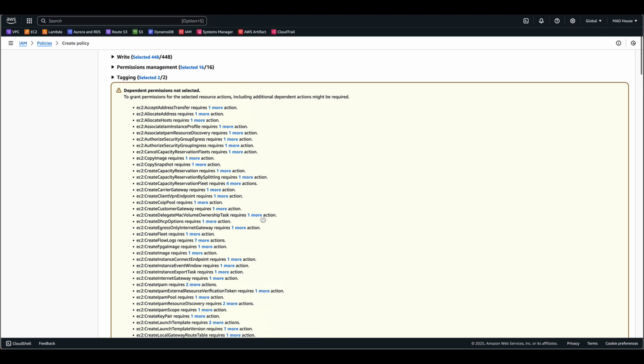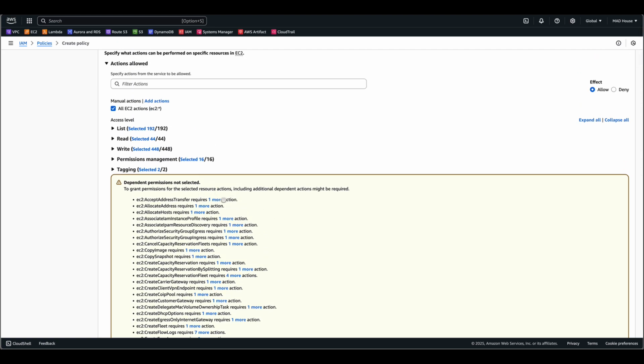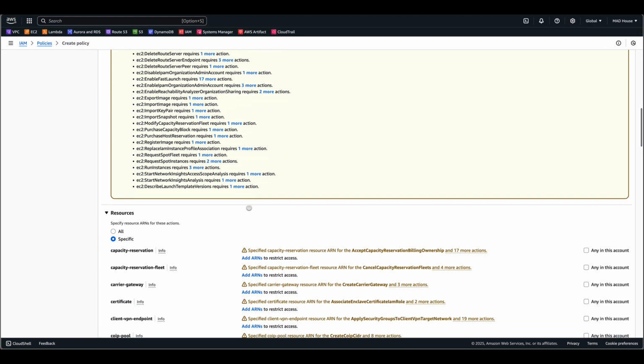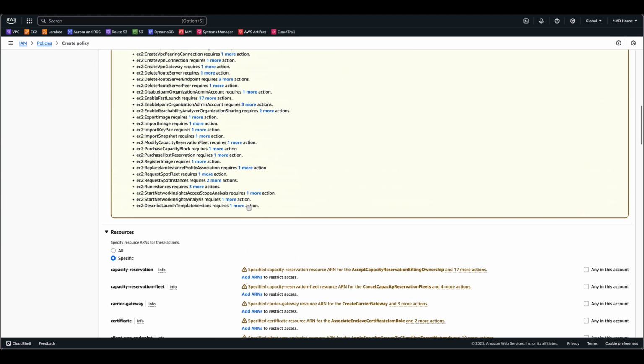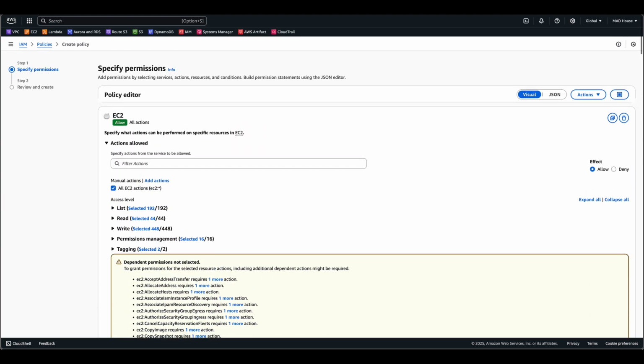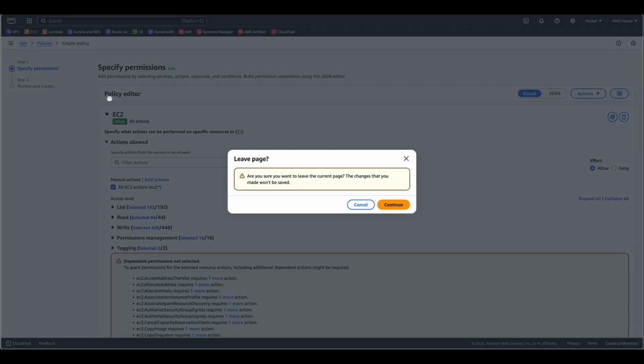See, it is asking me about dependent permissions not selected. I'm just giving you an example. One is this way of doing it. Another one is, we'll come to this also shortly. If I go here